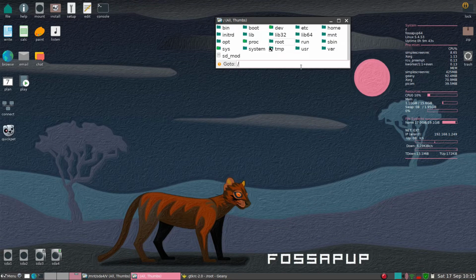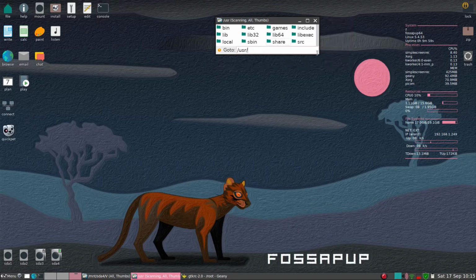So here, if you want to go to, let's say, the USR folder, you just tap on U, and then it'll highlight USR. You can see the faint highlight at USR. Then you can go ahead and enter, and then from there you can go to, let's say, games. So you just press G, and it'll highlight games, and then enter,